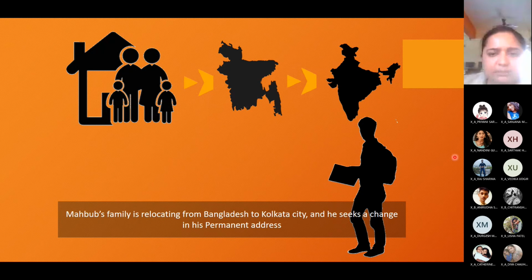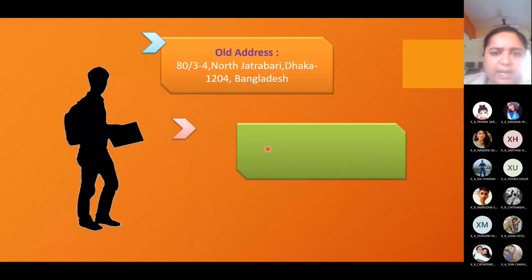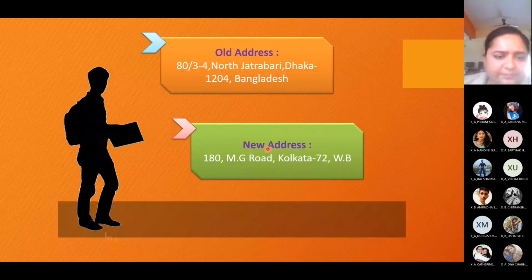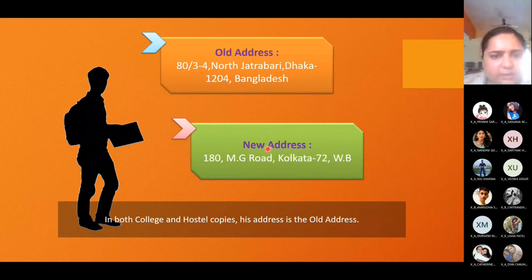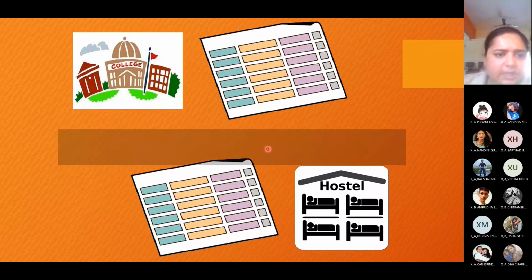So for this purpose, this is the old address and this is the new address. In both college and hostel copies, his address is the old address right now.